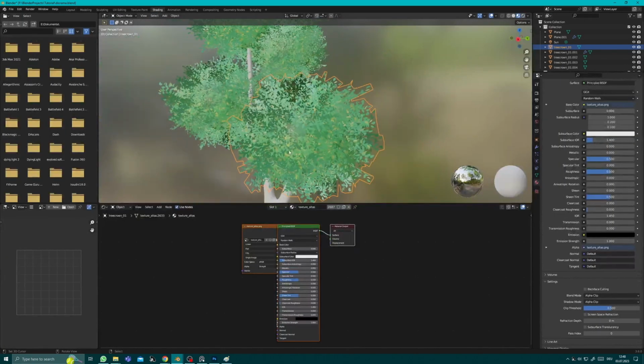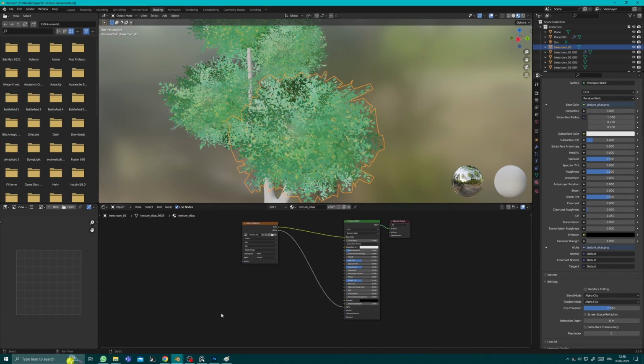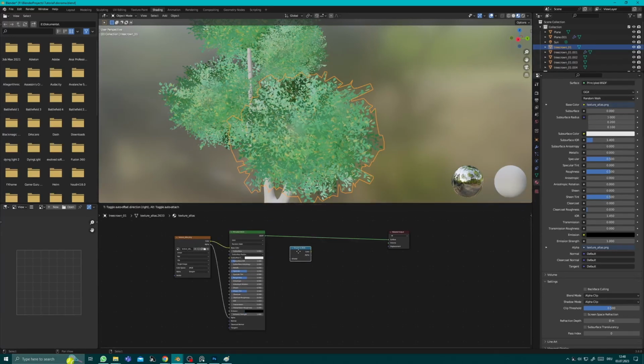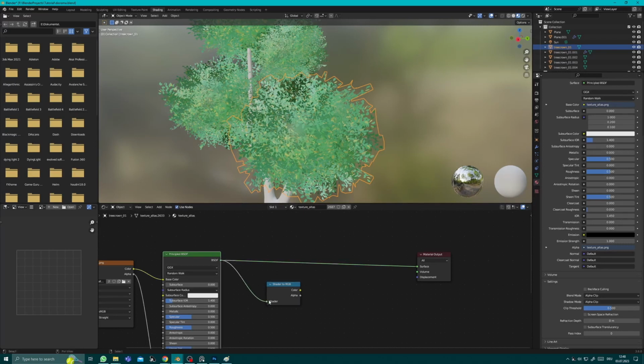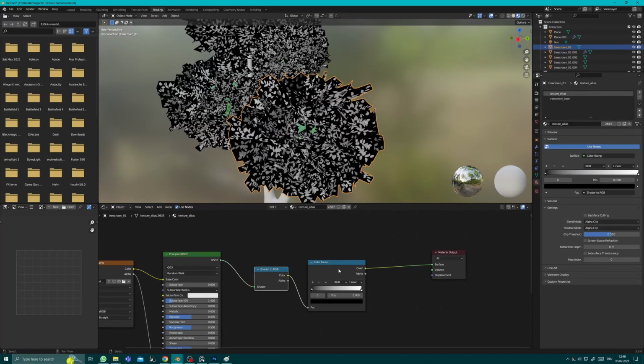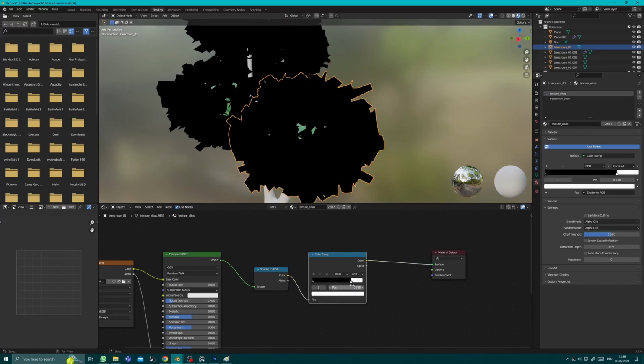So let's go into the shading tab. We already have our small setup over here. I will be creating a shader to RGB node. And the shader input uses the principal shader, and the color should be going into a color ramp. And right now everything is black and white, which is to be expected because we only have black and white